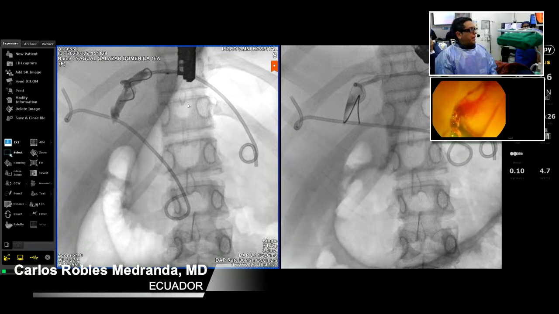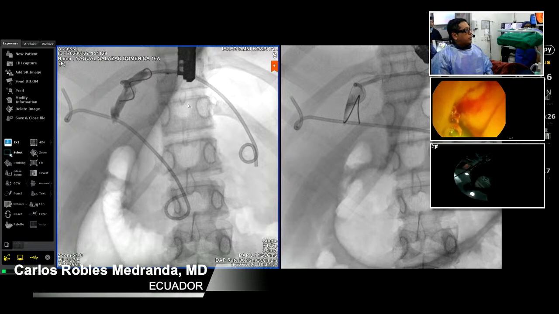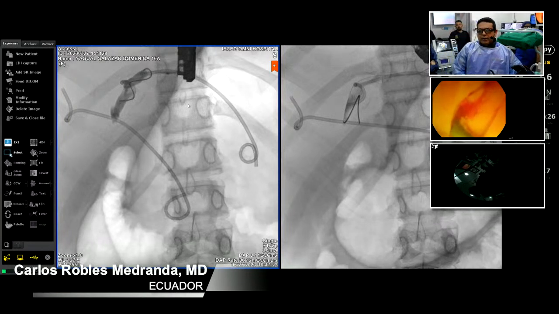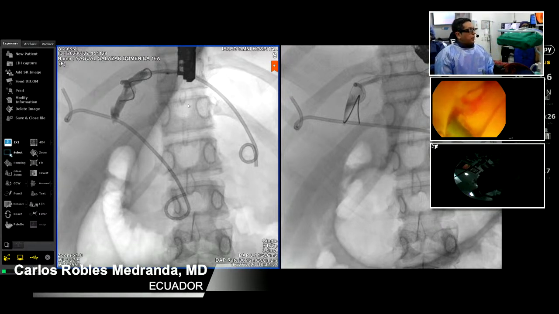What we saw is that the biliary tract was divorced a little bit, and you can see here the left. You see two pigtails. Both pigtails, 7 French, 7 centimeters, were placed by us in January in our center. So you can see a drainage of the right biliary tract and the left biliary tract, and it was successful. So now we have a fistula created by both sides, and I will try to go to the anastomosis because